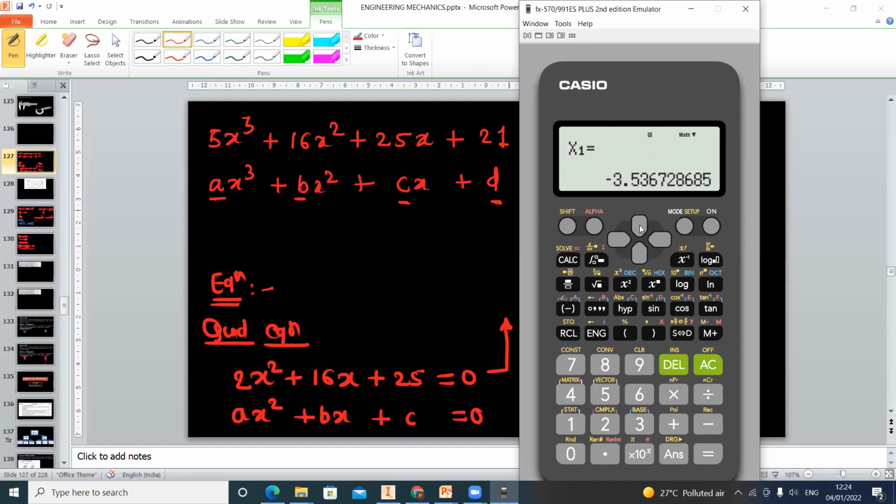So this is how you can solve the quadratic equation and the cubic equation, and find the roots of these equations. Then press on. Once you press the on button, the mode which is active now is the equation mode. To go back to the previous mode, which is the normal mode, just press the mode option and select comp. Comp, the first mode, is the normal mode, so you can perform the normal mathematical operations. Enter the first option, which is 1.